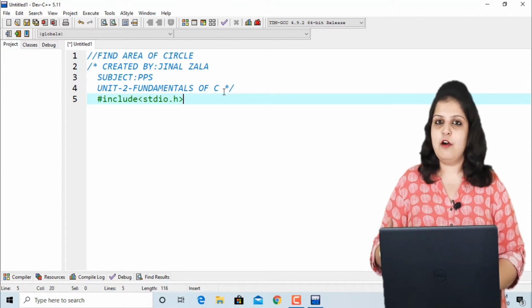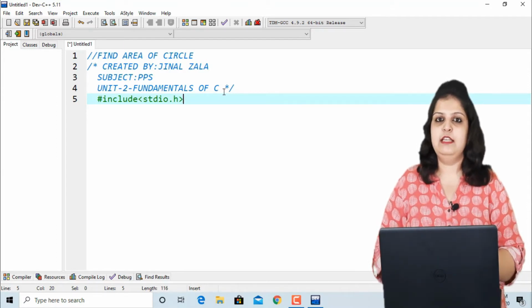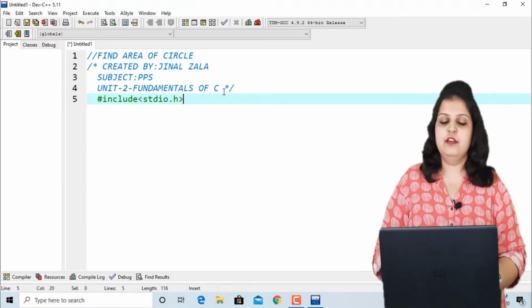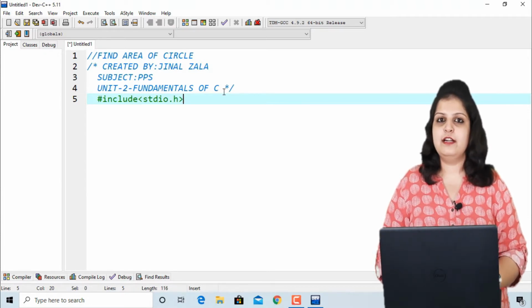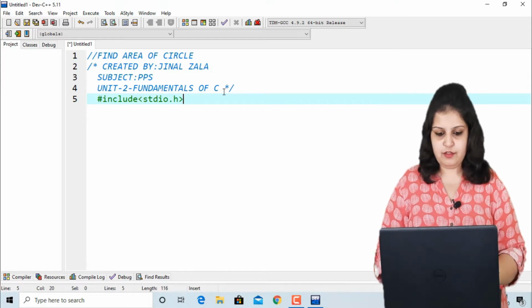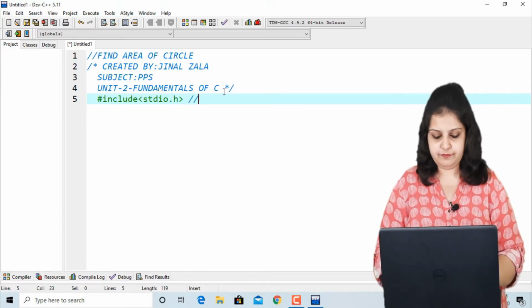All those functions are available in this library stdio.h, and the full form of stdio is standard input output. So this section is called the link section.